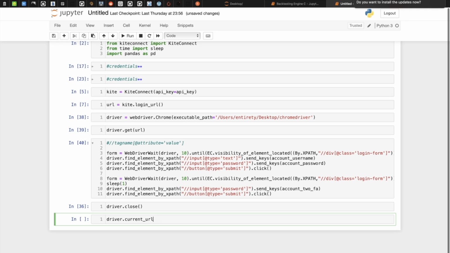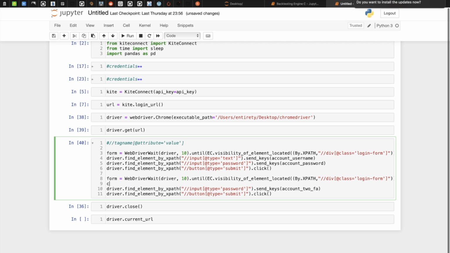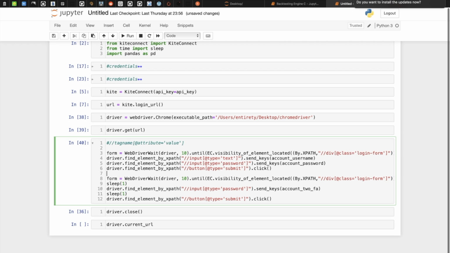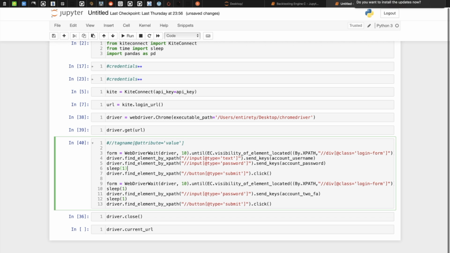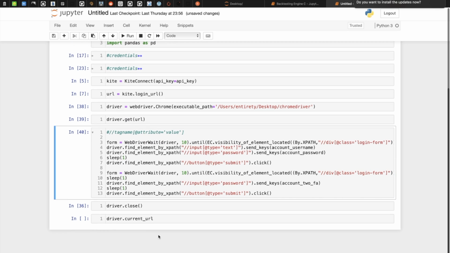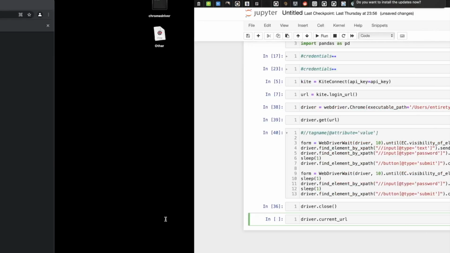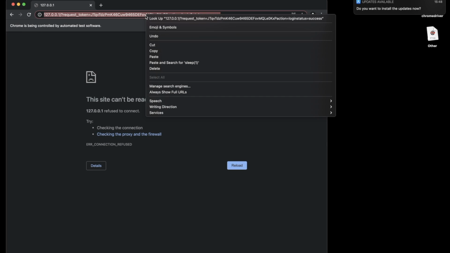One thing I would like to remind you: if you are facing any internet trouble or trouble in loading this submit password or whatever field, just try using sleep. If you simply lag this a bit, there won't be any issue, and your process will be friction free. So now let's get the current URL, which is the URL we are seeing.